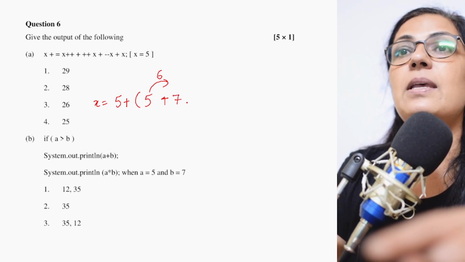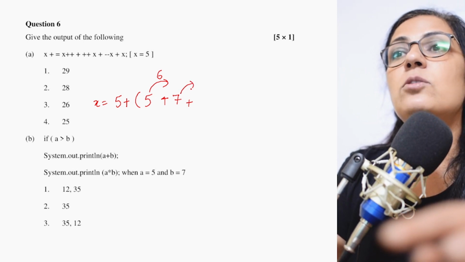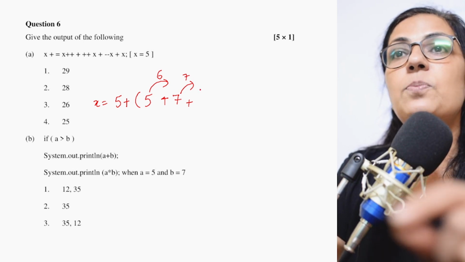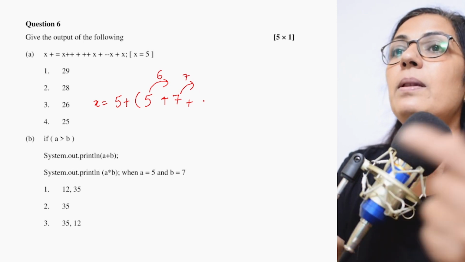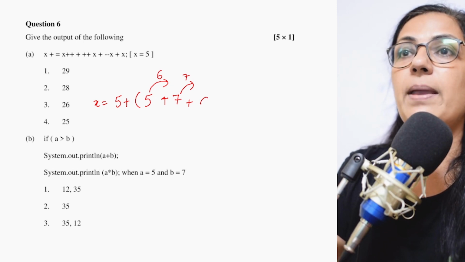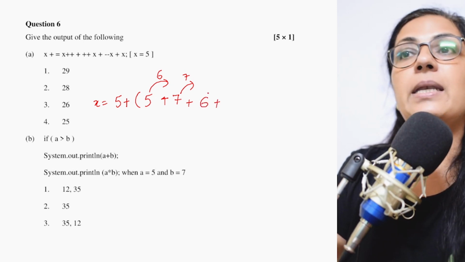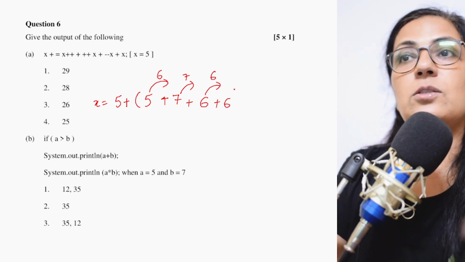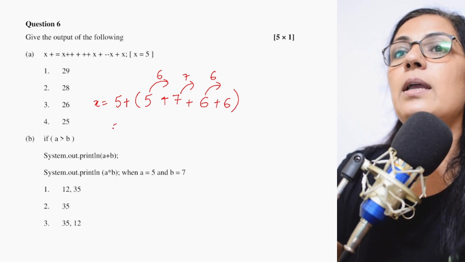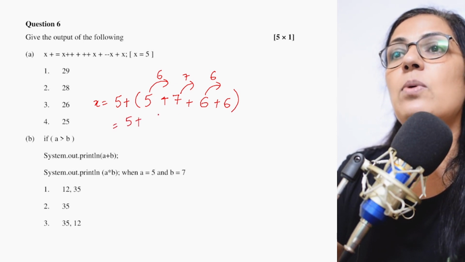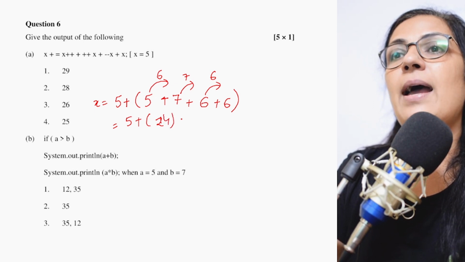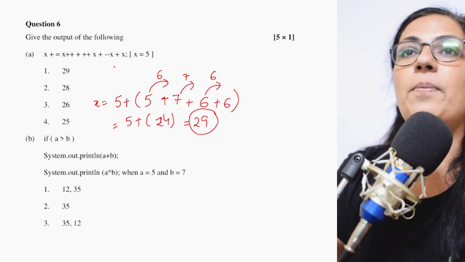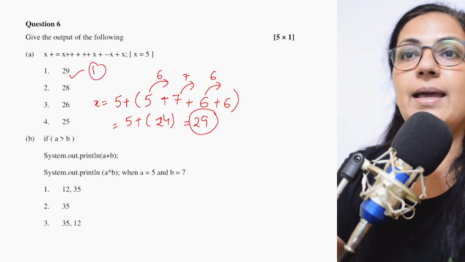So it will become 7 plus. Now how is it going to the next term? As 7 plus minus minus x. Again it is pre-decrement, so it will be decreased by 1. It will become 6. And how is it passing? It is passing as 6 only. Plus x. No change over there. So it will be 5 plus you have 24, and 5 plus 24 is 29. So we have option 1 as the correct answer.